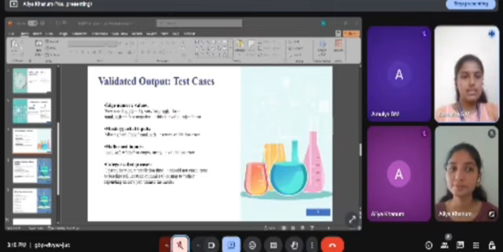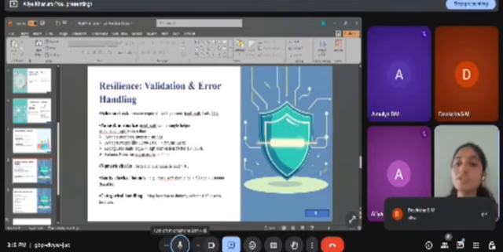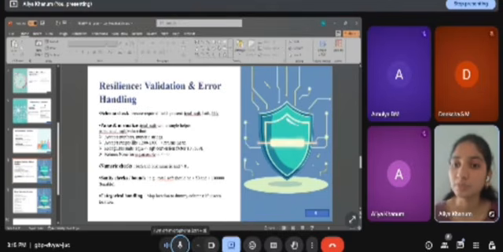These are the test cases we are validating here. Over to Alia. Moving on to the resilience validation and error handling. First, we will be checking the schema check, where we will be ensuring